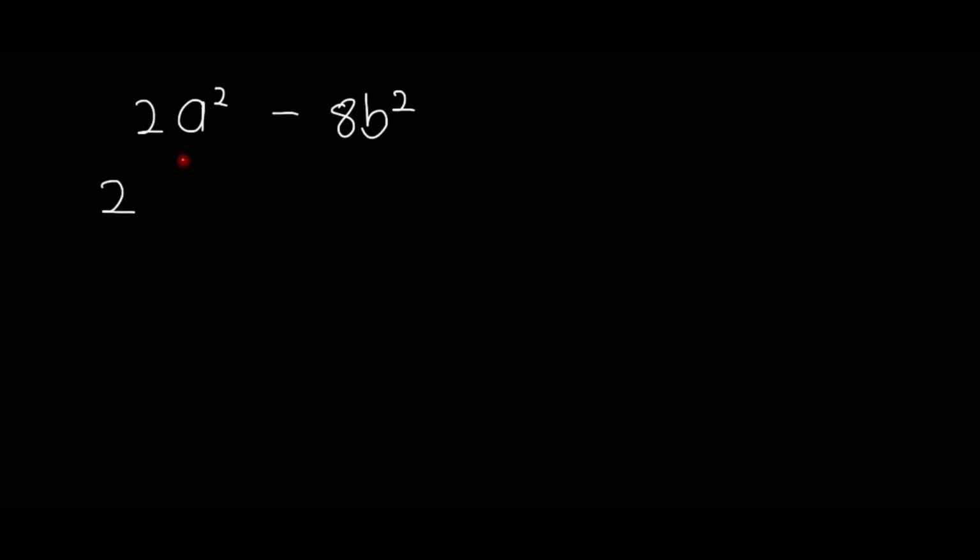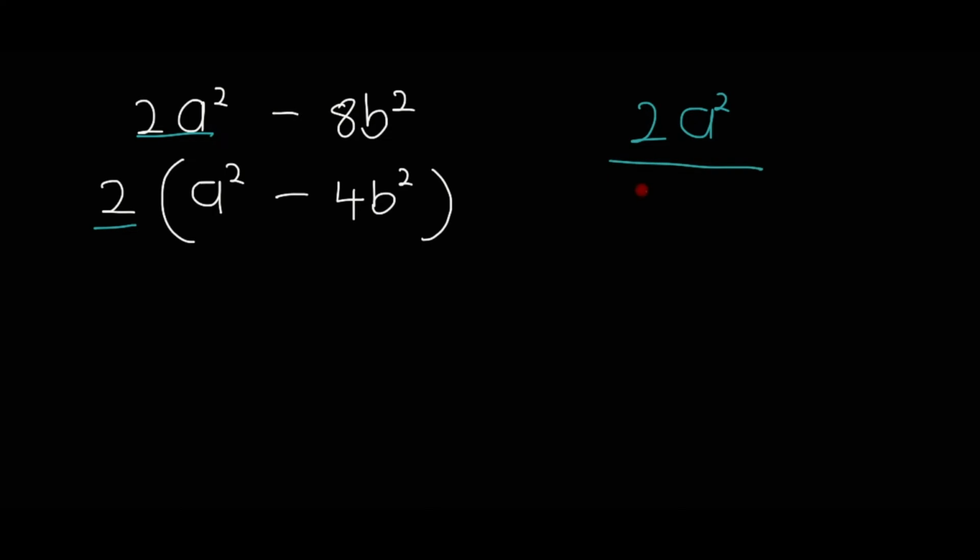So when we take out 2, what remains is a squared, and then what remains is minus 4b squared. Remember, it's like a divider. Each term by the common factor is like 2a squared divided by 2, and then 2 and 2 cancel, remaining with